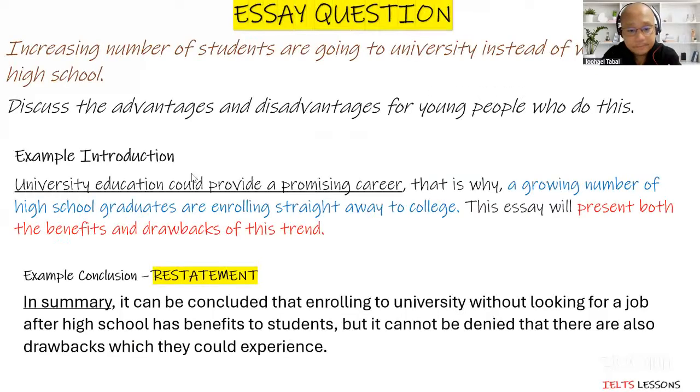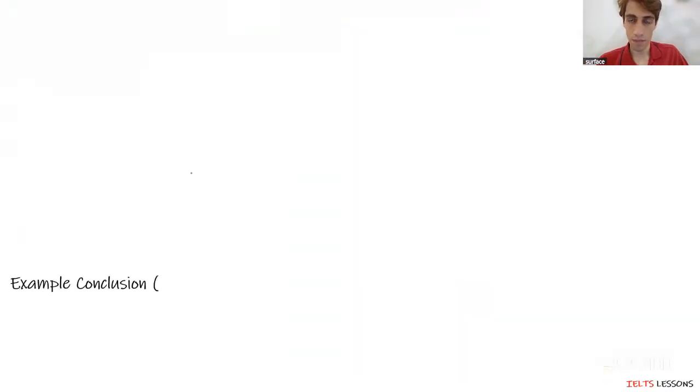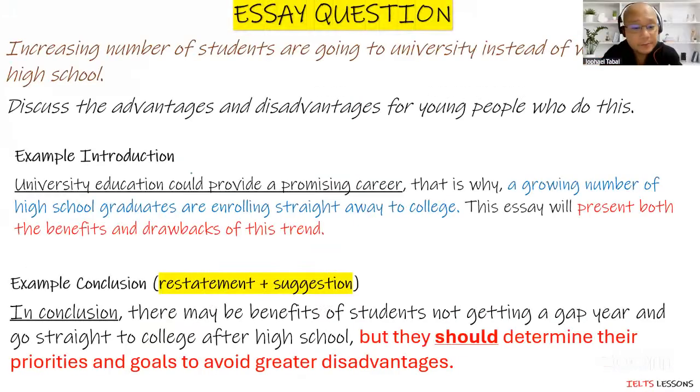But it depends. Sometimes, for example, some essays don't ask for your opinion, so you will put a prediction. The prediction here doesn't have to be a definite answer. It's like an open-ended statement, stating something that is not there. They're not asking for it. It doesn't matter. For example, here for restatement plus suggestion, we have: but they should determine their priorities